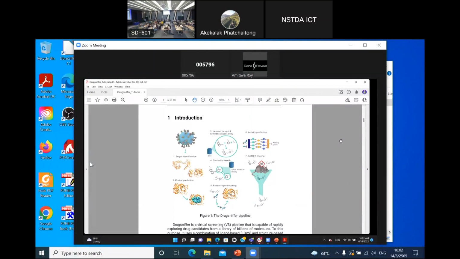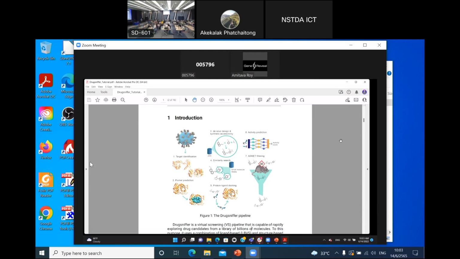Now, it performs two tasks, combining both what is known as ligand-based virtual screening as well as receptor-based virtual screening. Some of those I'll discuss in the slides that I'll present later on. To give you a general idea of the Drug Sniffer approach, Amit has already given you a fairly brief overview of the process. So it essentially has